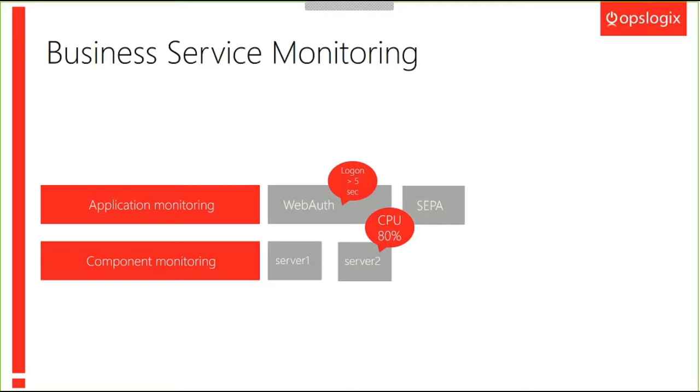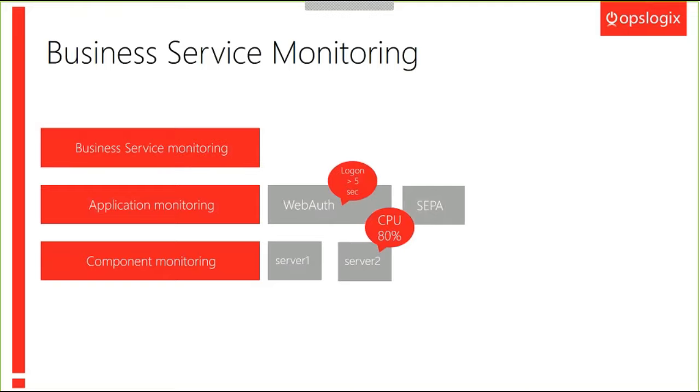But the real level of monitoring that you'd want to achieve is the business service monitoring layer, BSM in short, where you take your business service, for instance, the company's internet banking services that are composed of these apps and, of course, of these components. And then you want to do some functional checks. Can I log on to the service? Does it respond in the way that we actually